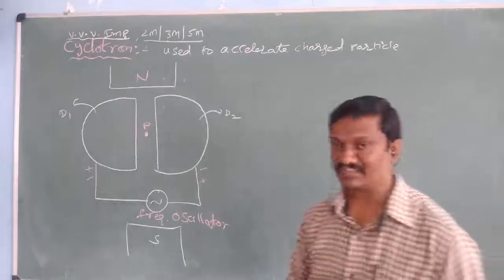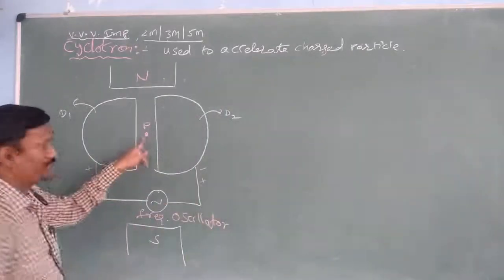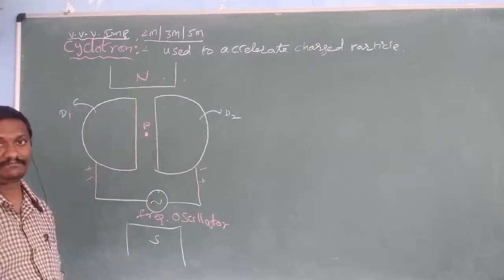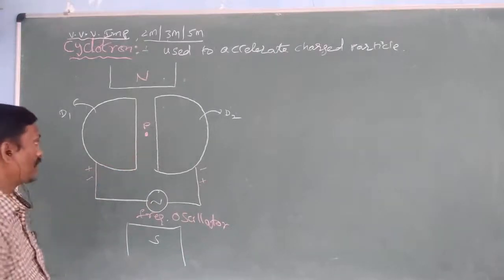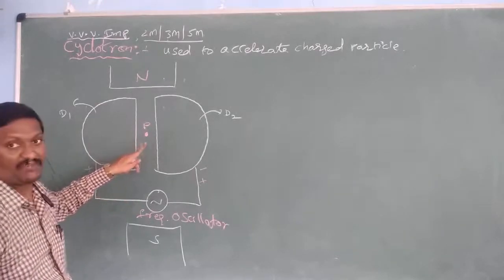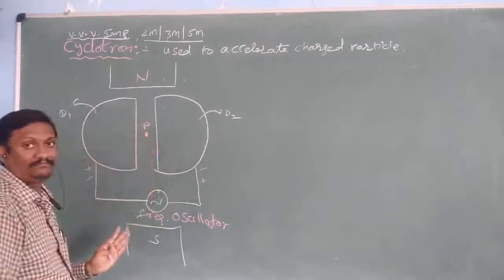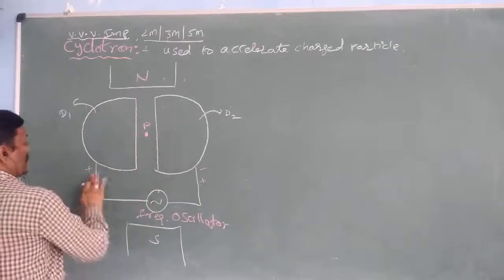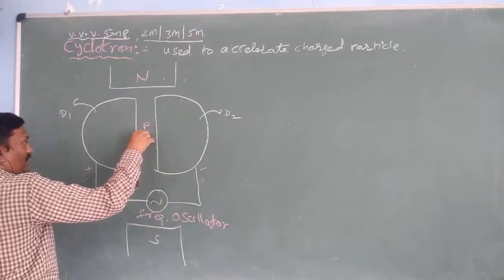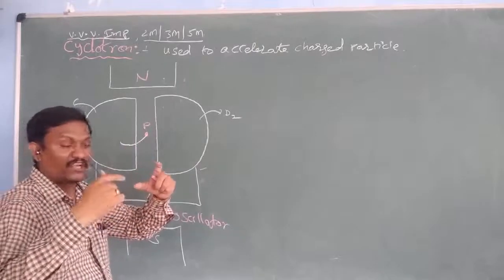Next, what about the working of this cyclotron? Initially, the source is switched off, no charged particle is coming from the source, and no magnetic force is acting. Now the source is switched on. Source on means it always emits a number of charged particles. These emitted charged particles always move perpendicular to the magnetic field, so initially they enter perpendicular to the magnetic field and enter into disk D1, whose open end is there.